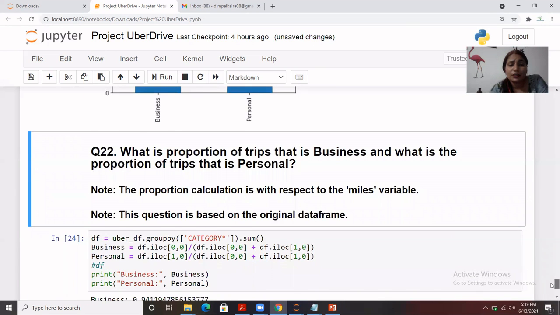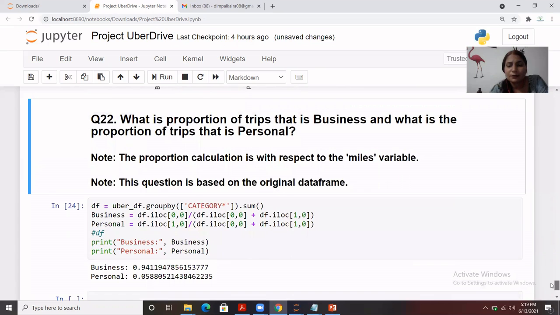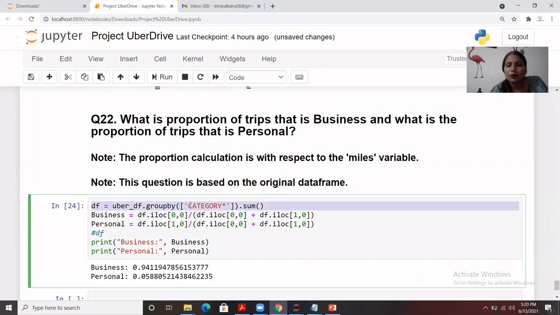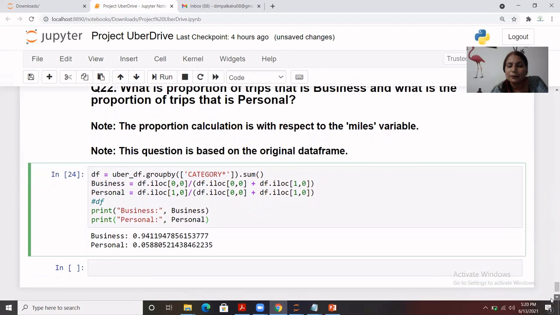The next question is, what is the proportion of trips that are business and what is the proportion of trips that are personal? Basically we group based on the category, and then we store it into business and personal categories using loc and iloc, and give a name so that we can calculate the value for business and personal.